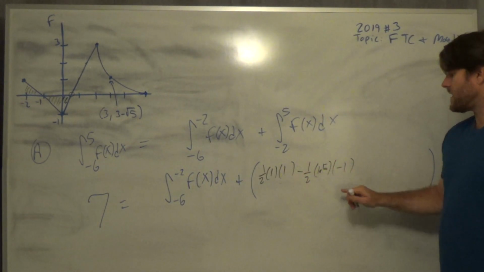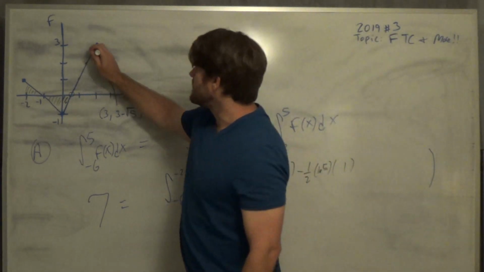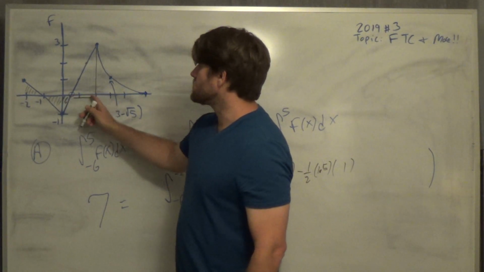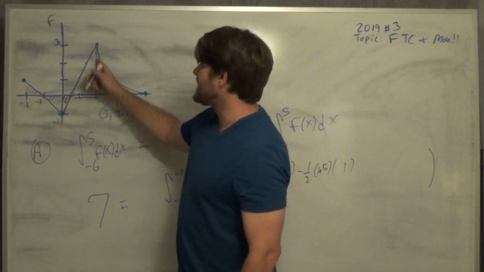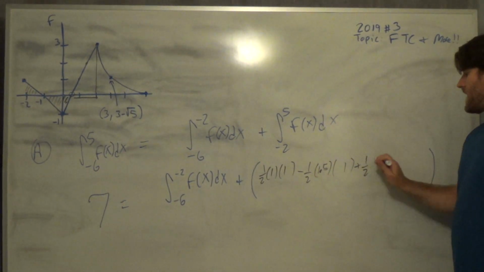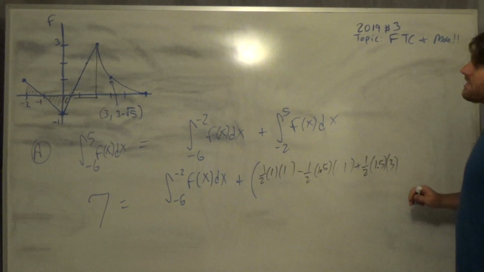And I have no clue why I used -1 for the height. I apologize. Okay, let's continue. We now need to find the area of this triangle. And again, this whole distance here is 1.5, and it has a height of 3. So plus 1/2 base times height. The base is another 1.5, and the height is 3. And then that leaves